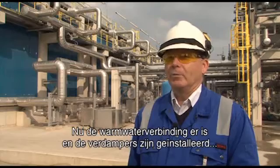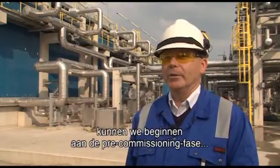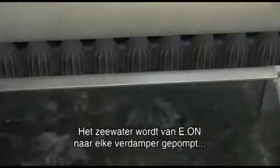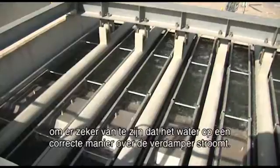With the completion of the warm water line system and the installation of the ORVs, we can finally move into the pre-commissioning phase, whereby we can check out the water flow characteristics, with the seawater being pumped all the way from E.ON over each individual vaporiser in turn to ensure that we will have the right level of contact between the seawater and the tube bundle, and also ensure that the water will flow freely into the seawater channel and